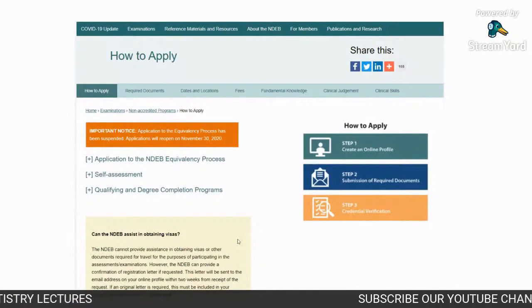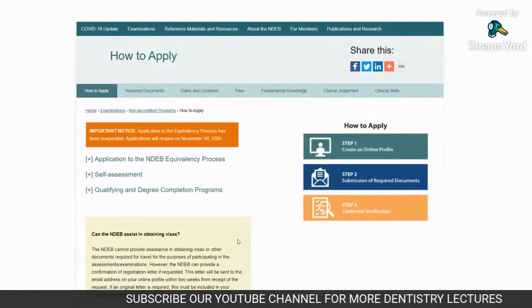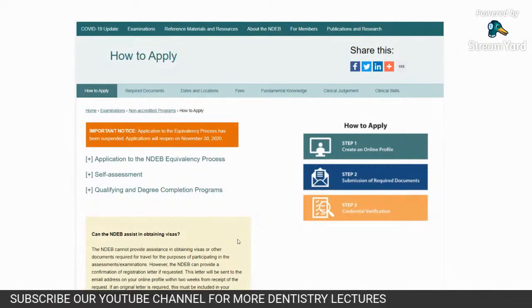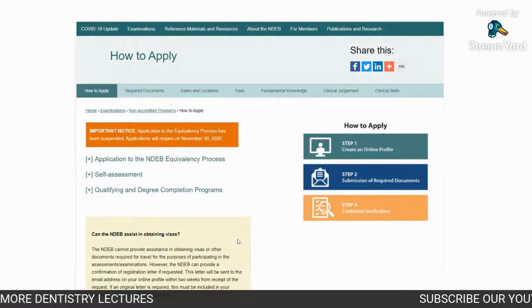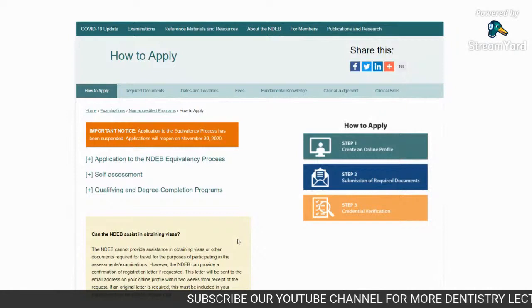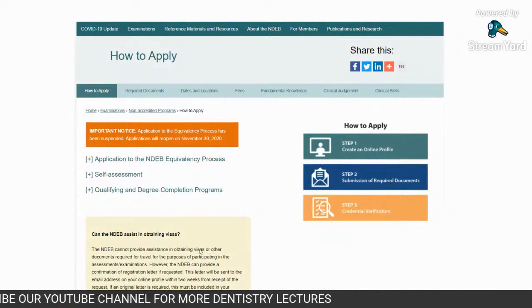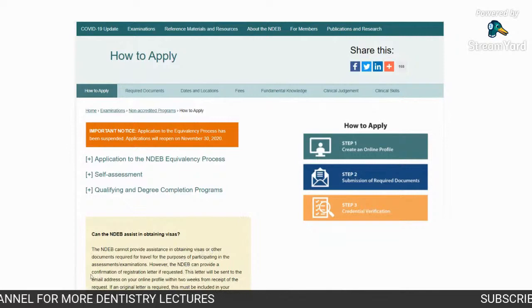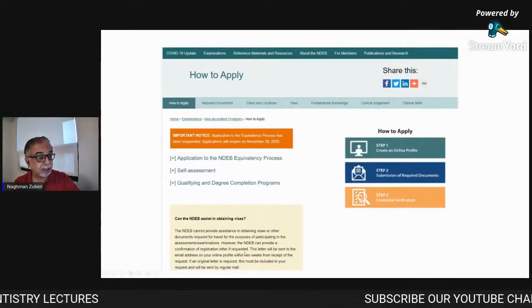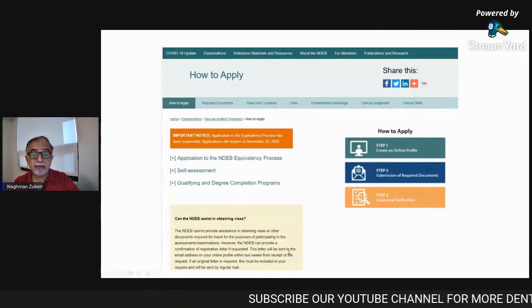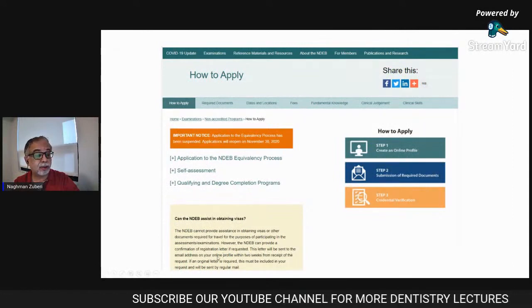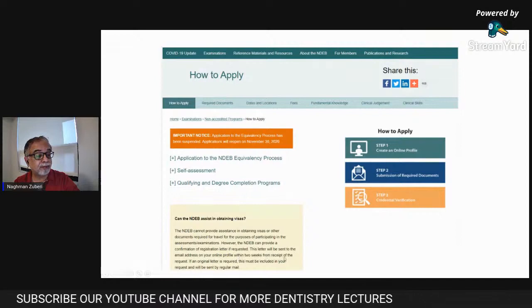Keep this thing in your mind before applying. Either you should have a valid visa to visit Canada, or you will be a permanent resident, or you are in the process of immigration and you know that you will be here within a couple of months or whatever. If still that is not one of the cases, then NDB can provide you a confirmation of registration letter if requested. And this letter will be sent to the email address on your online profile within 2 weeks from receipt